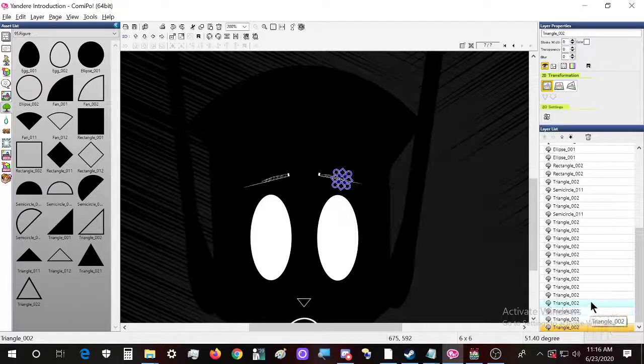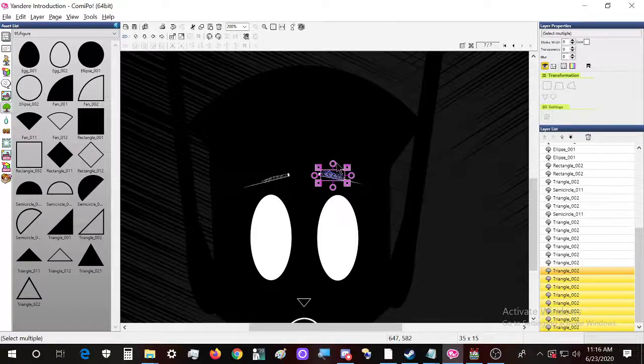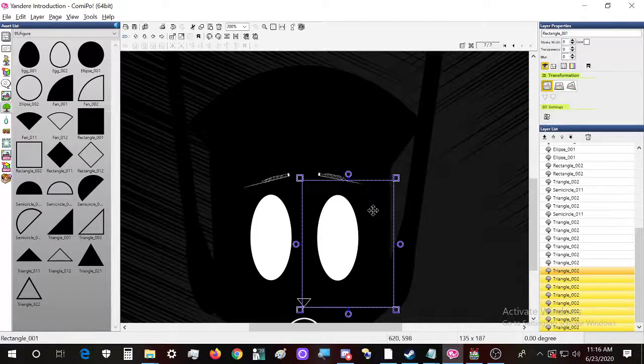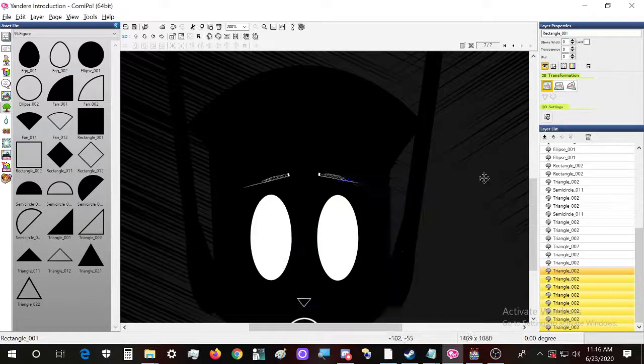Okay, three, four, five, six, seven, eight. Now I can lift this a bit, maybe rotate these. Well, it gives the impression.